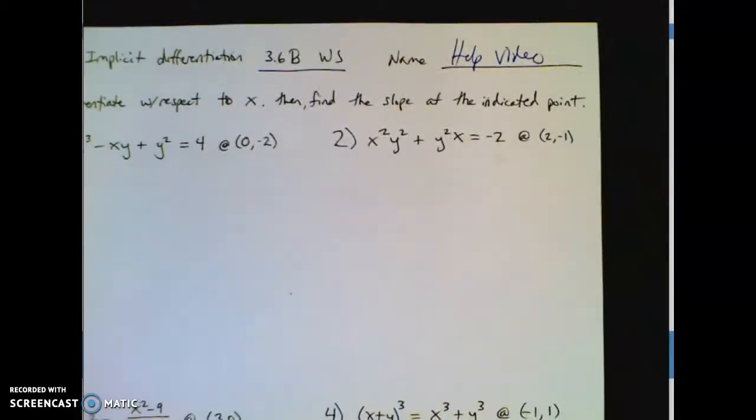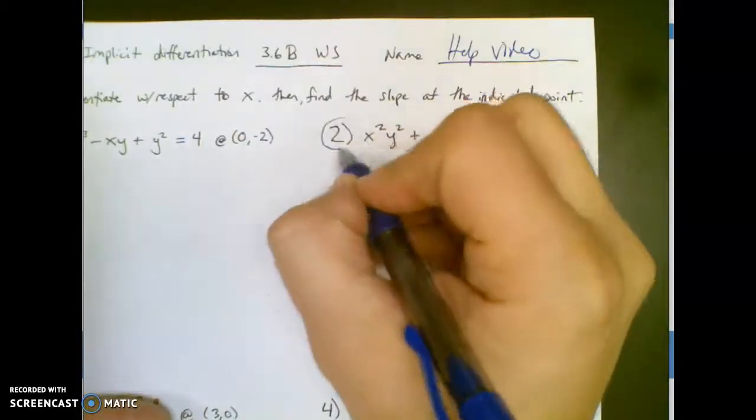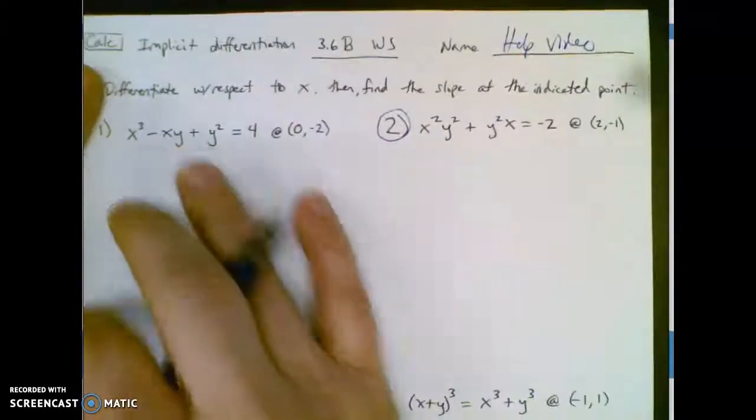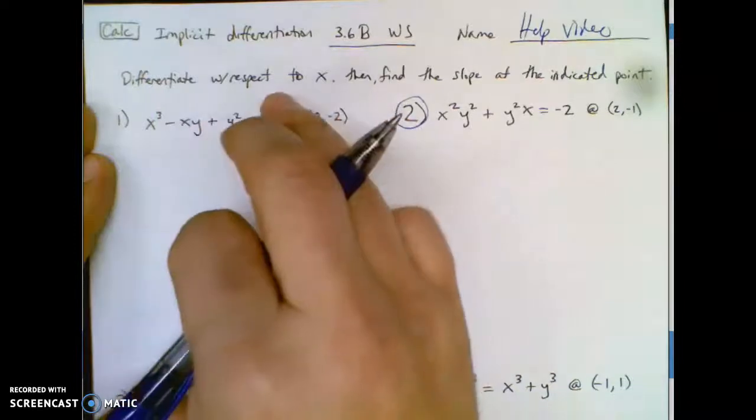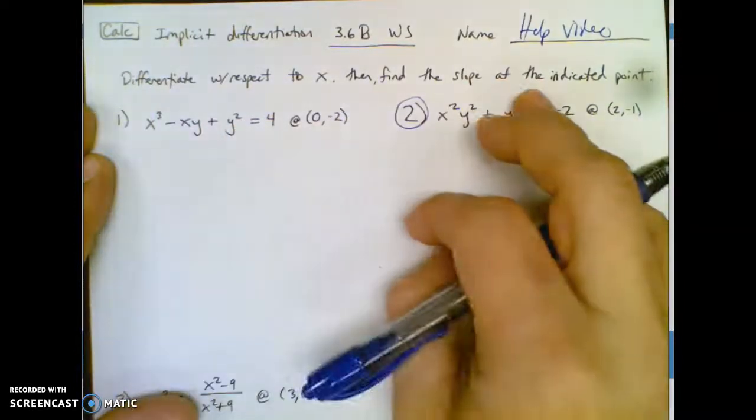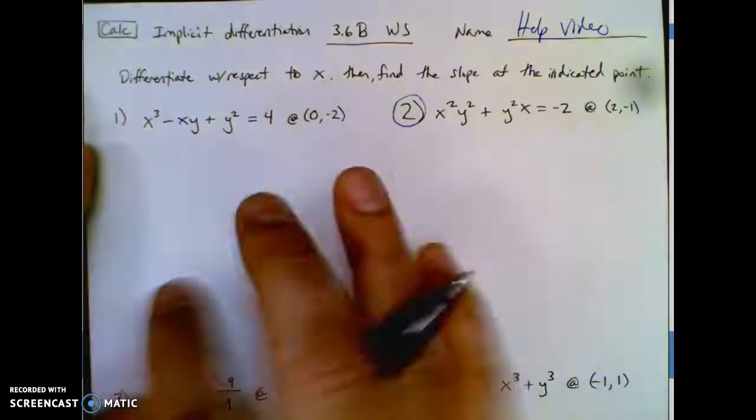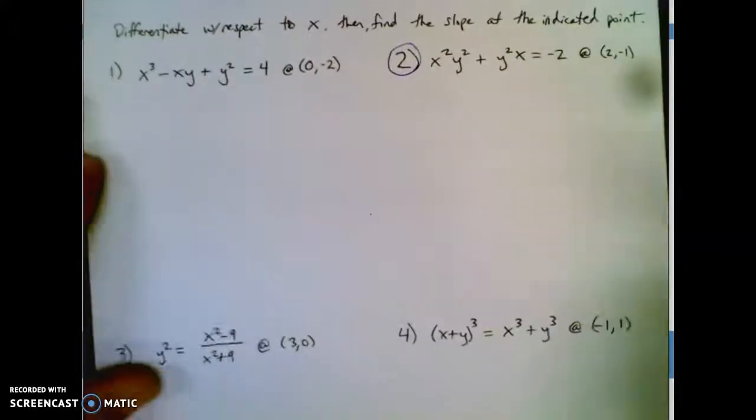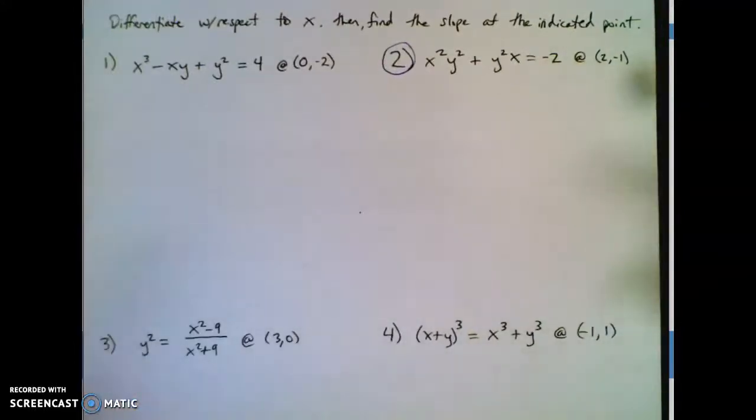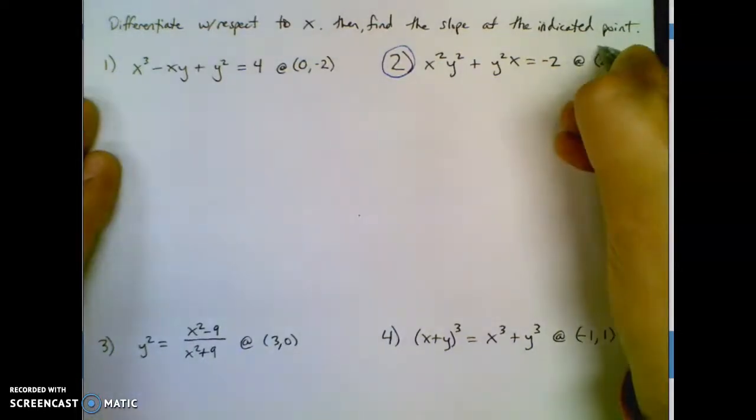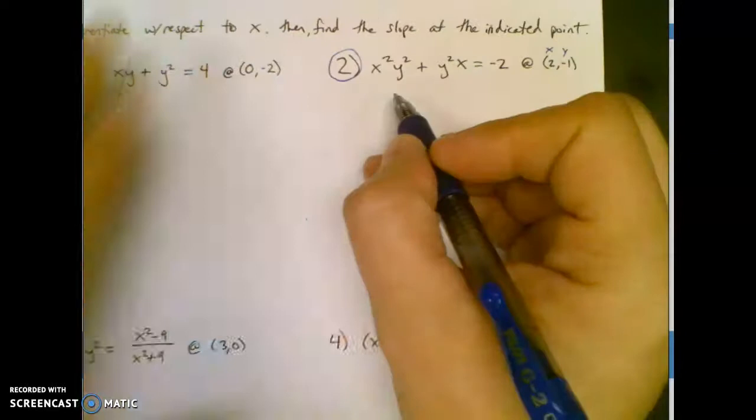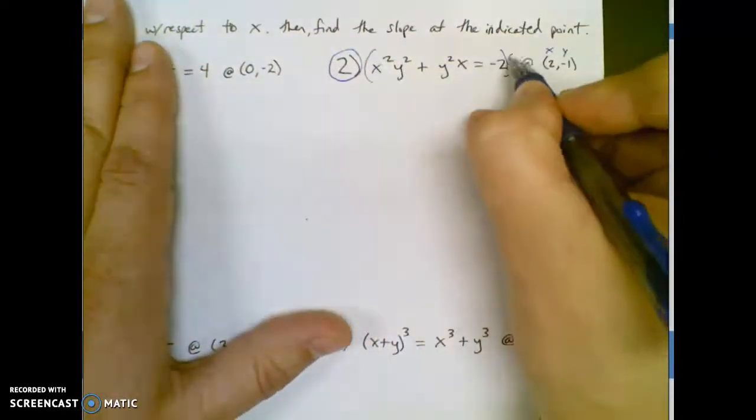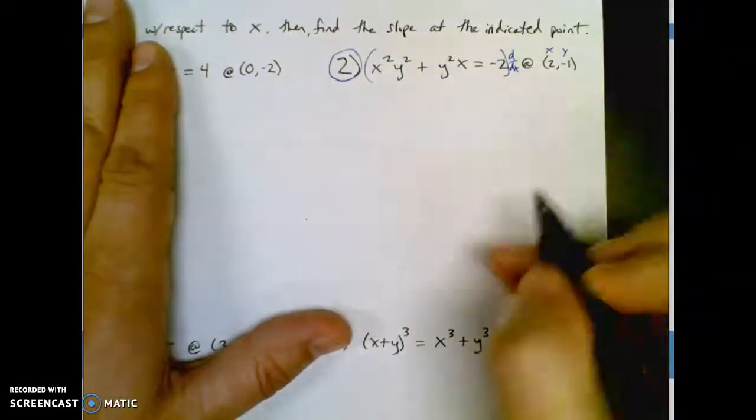So maybe I'll do this kind of mean one here. Number 2 is a little mean with product rule. If you can do number 2, number 1 seems easy. All of these say differentiate with respect to x and find the slope at the indicated point. That doesn't mean find the equation of a tangent line, which I could, but all I have to do is plug in the x for x and the y for y and get a slope at each point. So I'm going to differentiate with respect to x, which means take the derivative with respect to